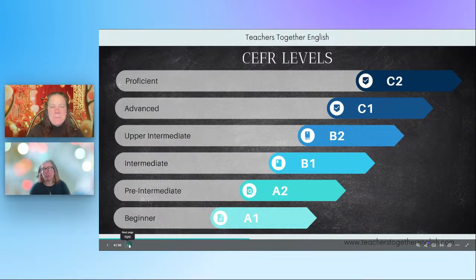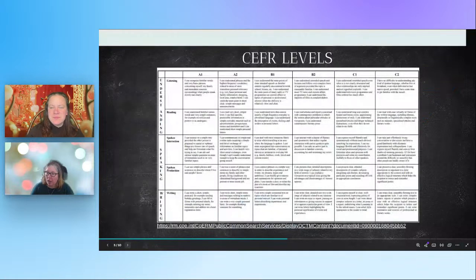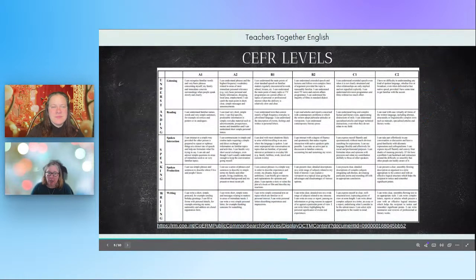Okay, and you can still use the content that aligns with those to help guide where you're supposed to be and what types of things you're going to be teaching next. You might be modifying the topics you're talking about, but you can still use that. So this is from